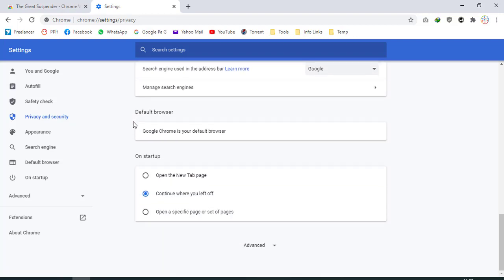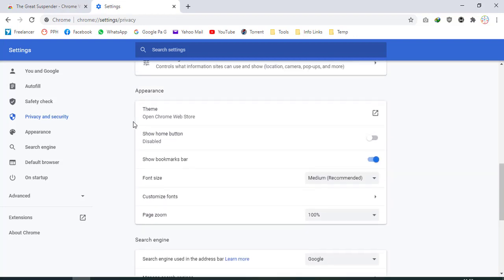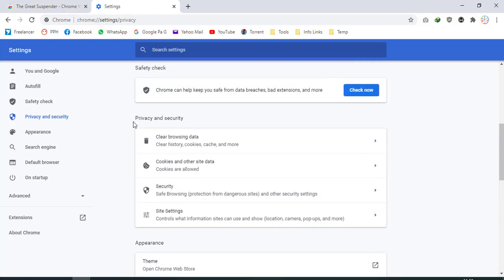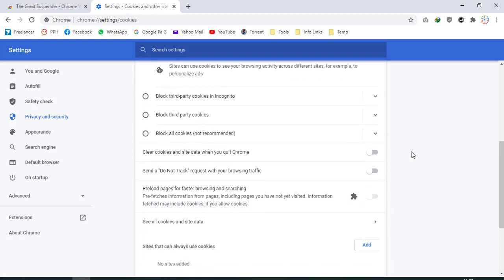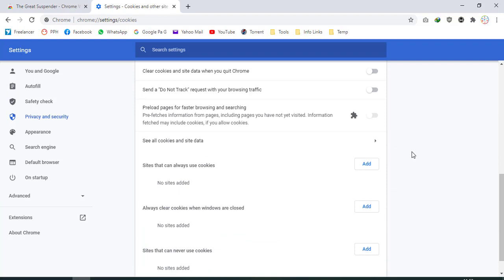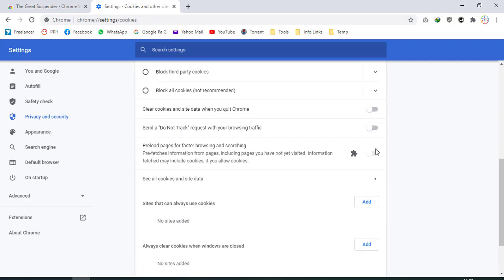To turn it on, open Chrome and click the three dots at the top right corner, and then click the privacy and security section, and from here cookies and other site data, and then you can find preload pages for faster browsing and searching.